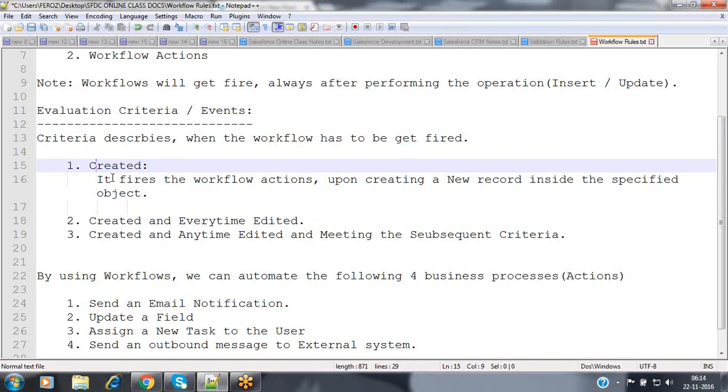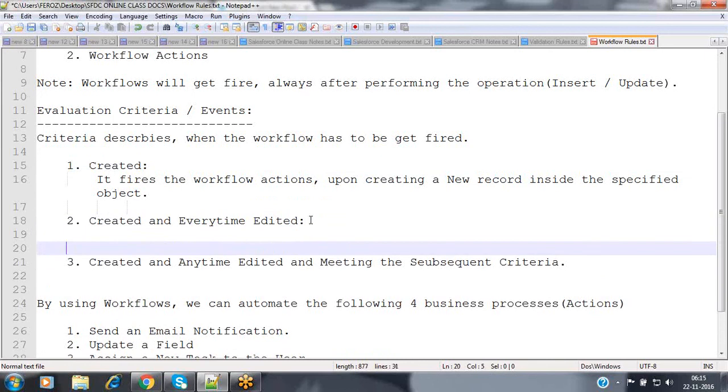But sometimes, not only at the time of creating a new record, in future, whenever I update the record, then also I want to send notifications and perform some actions here. At that time, we have to use the second criteria, created and every time edited.